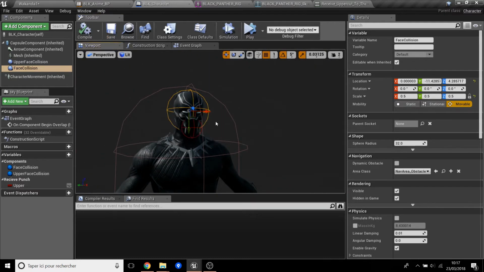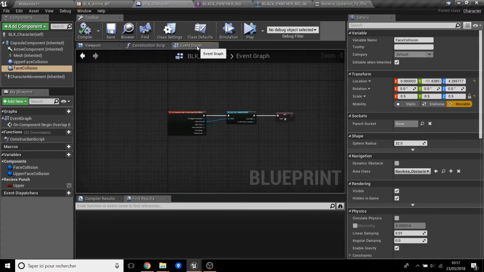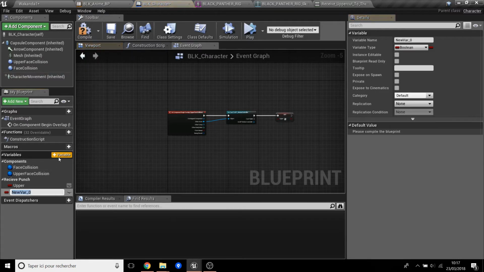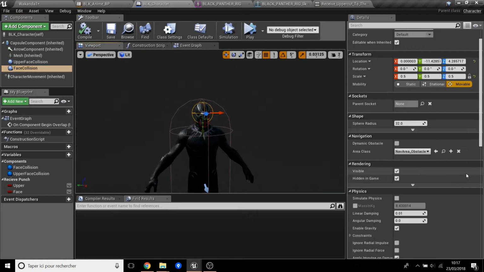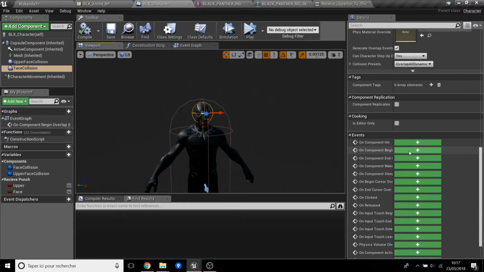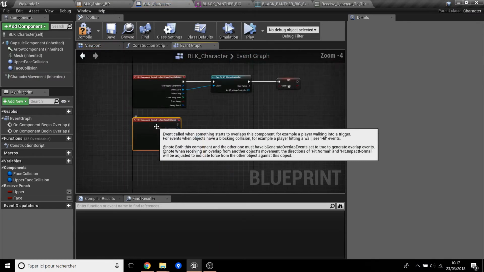So save and create a new variable and call it face receive punch. Save, go to face collision, and open on begin overlap.